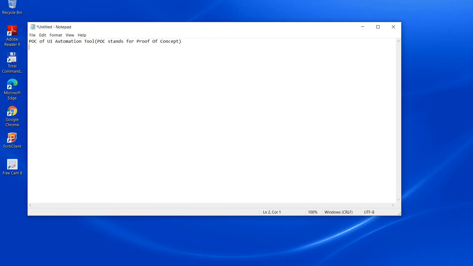automation requirements. So what requirements should you have, and against which requirements should you evaluate the tool? Basically POC, I'll give you a real-time example, not related to automation or anything.